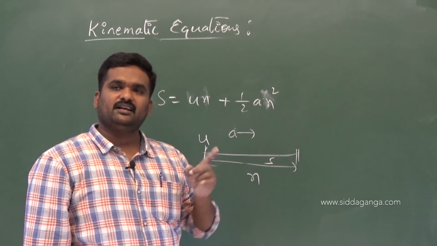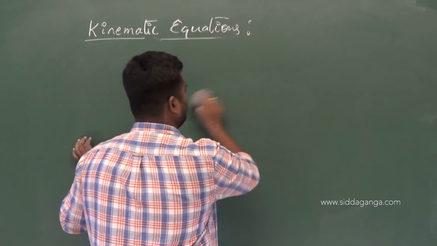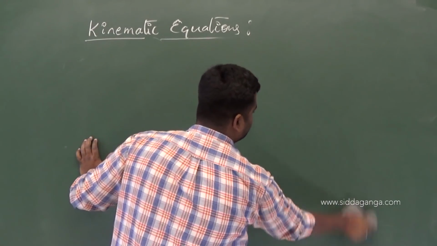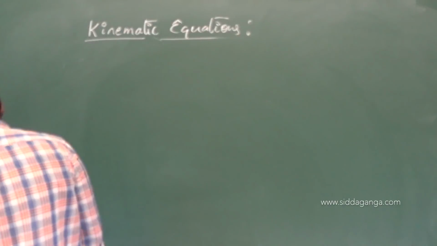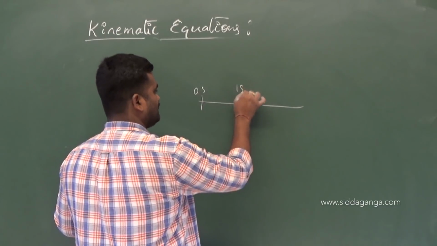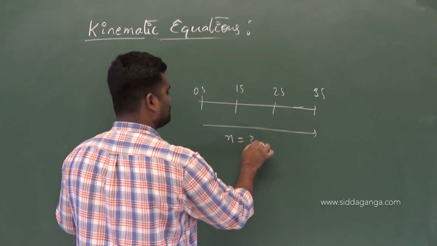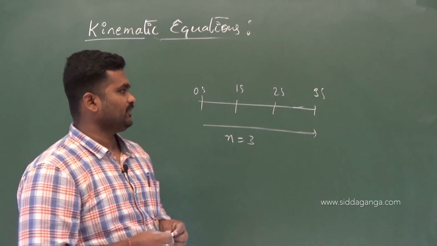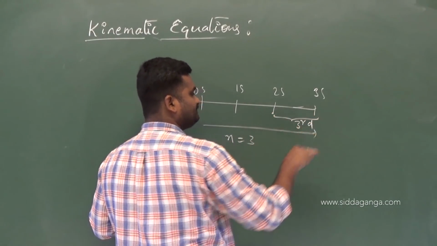Instead of that, I want it at a particular instant of time. Exactly at the third second, for example, or on the nth second. If you are observing, this is the 0 seconds mark, this is 1 second, this is 2 seconds, this is 3 seconds. From here to here means n equals 3. What is the meaning of third second? This is very important. Third means after 2, up to 3. This is the interval for the third second.